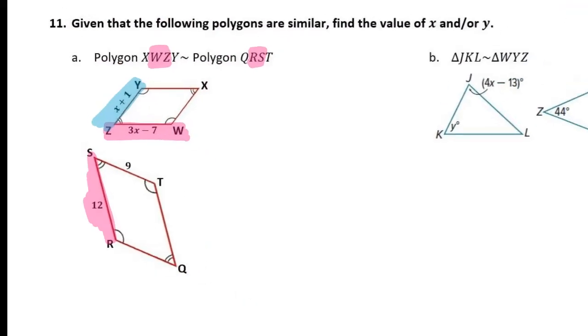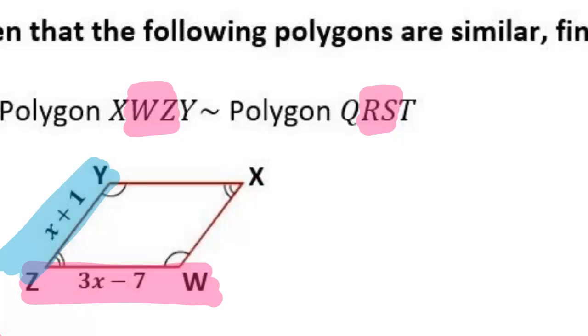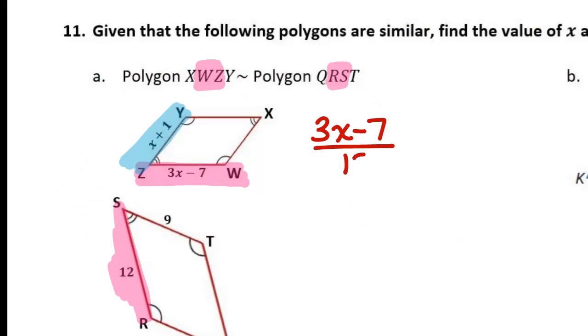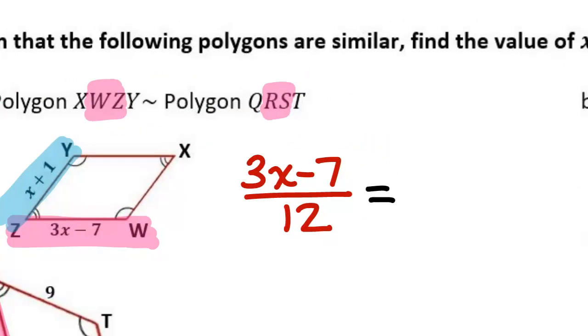Here's RS. It's my side that's 12. So I'm going to make a fraction out of that. We're going to have 3x minus 7 over 12. And that is equal to,